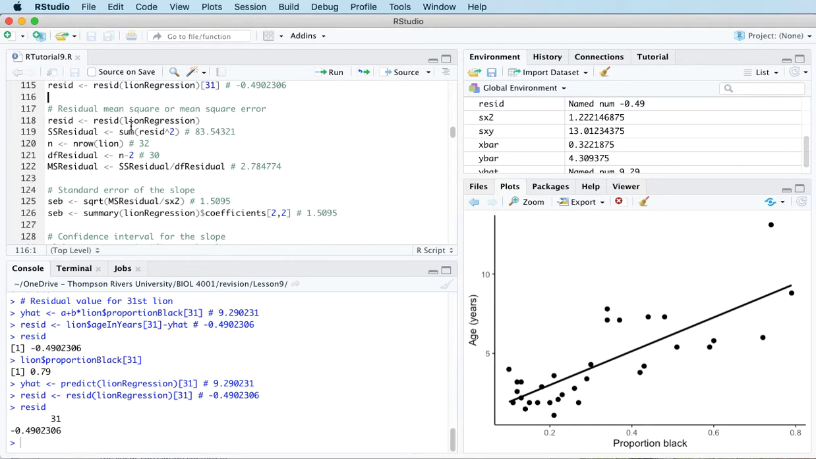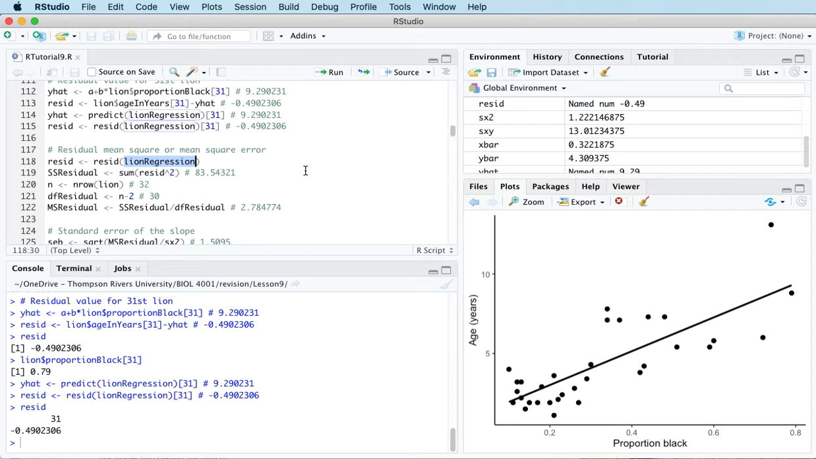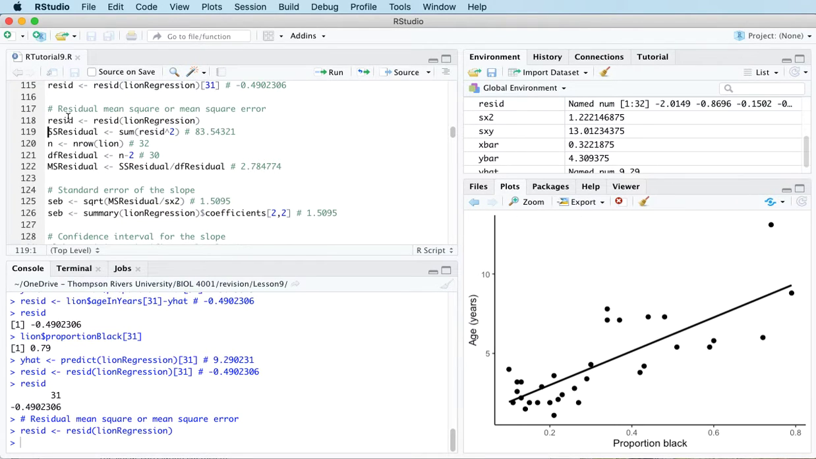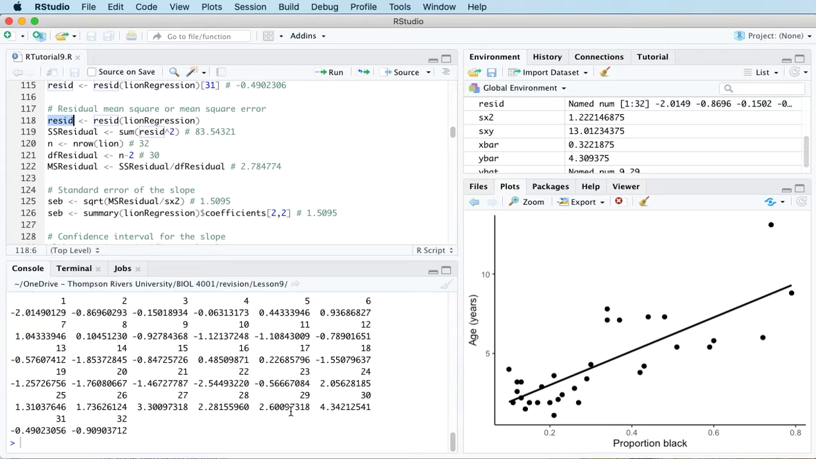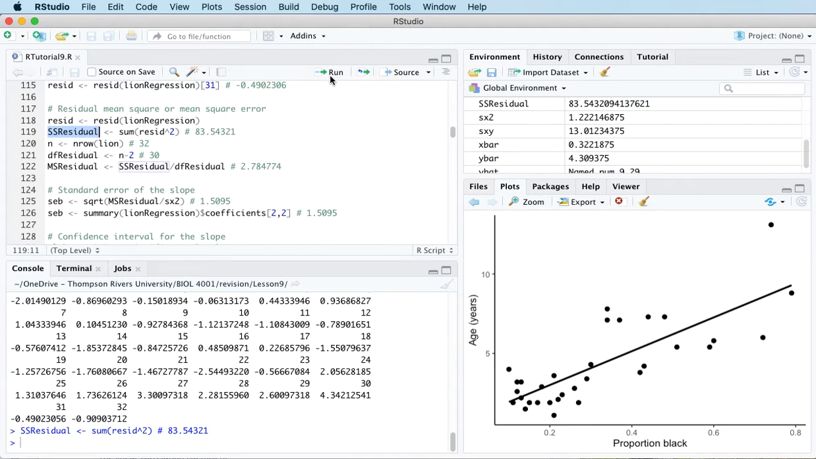If I want to look at the residuals for the entire sample, I can apply this function to the fitted model. So if I run this code, I'll get a list of 32 residuals, there's 32 lions here. And if I take these residuals and square them and then add them up, so that would be using this code here, the sum of the squared residuals, then I get this value here,